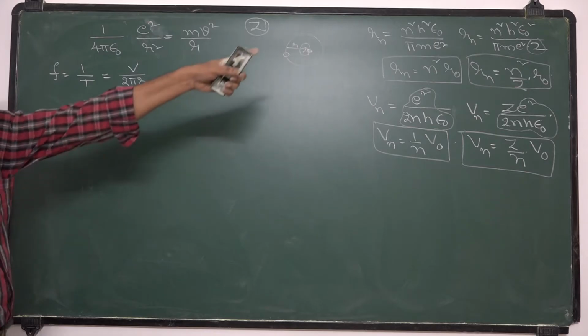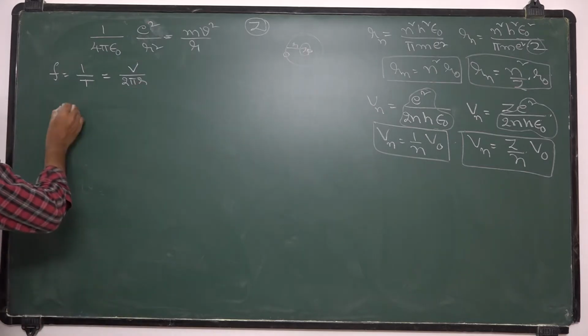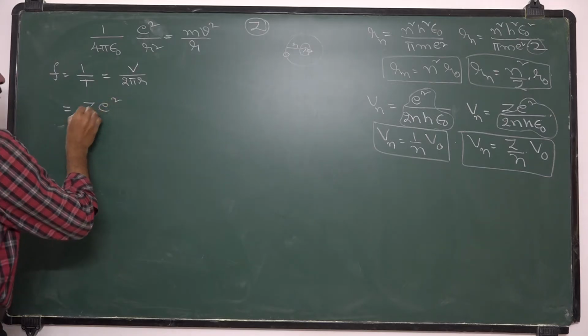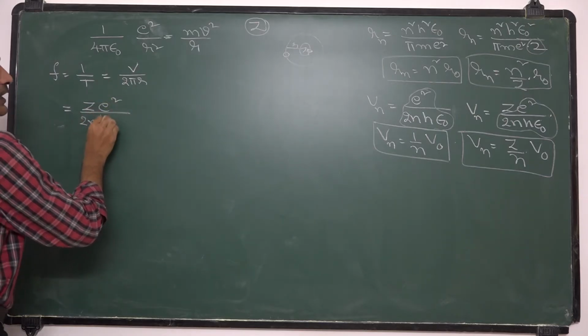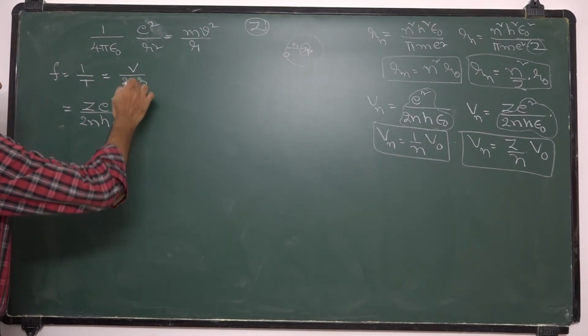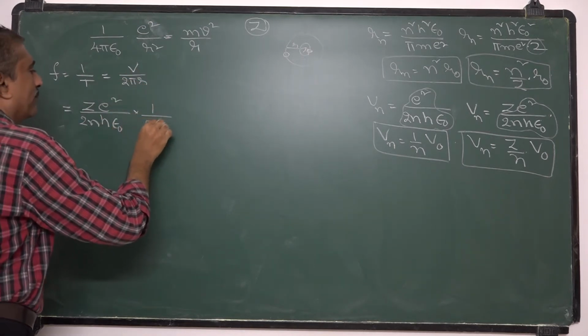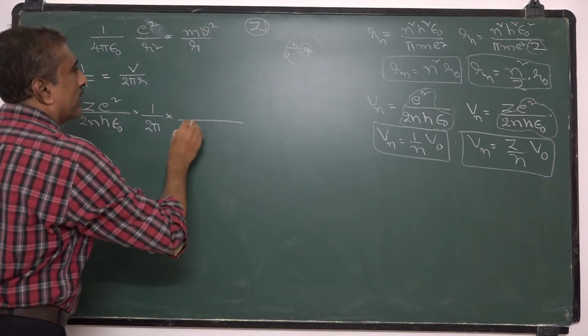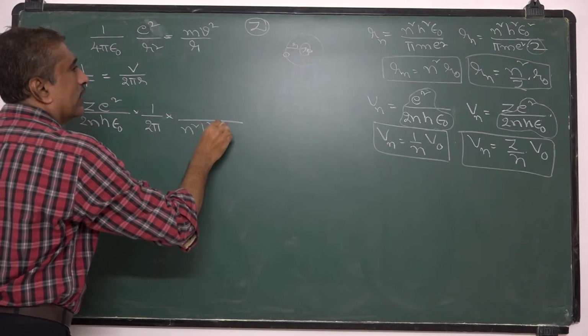Now substituting those two equations, Vn, that is Z e square by 2n h epsilon naught into 1 by 2 pi into 1 by r. R means that value, n square h square epsilon naught,